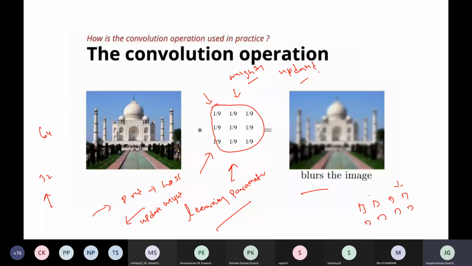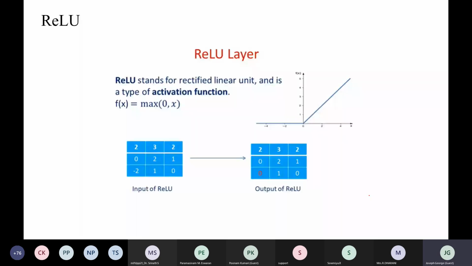So normally we have some activation. As I told you, after this convolution operation, we will apply an activation function to the activation map. The main purpose of the activation function is to introduce non-linearity.